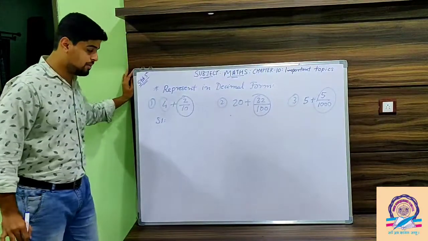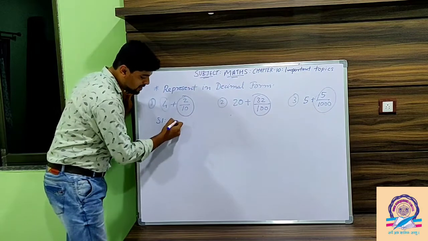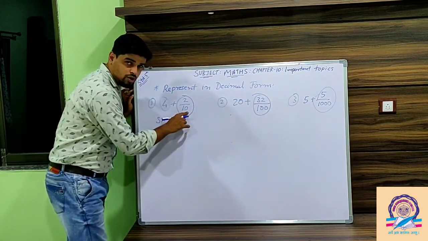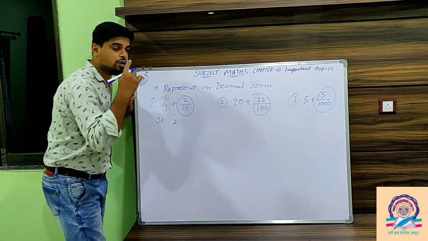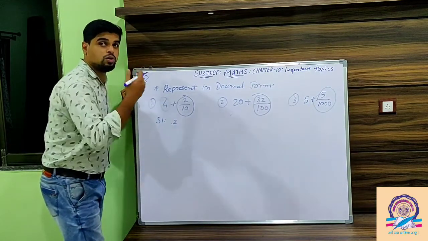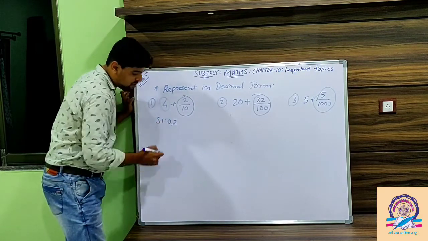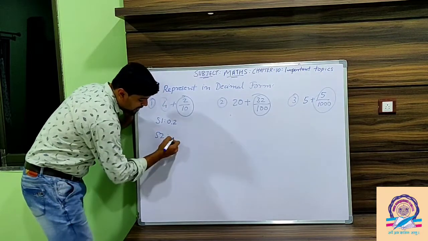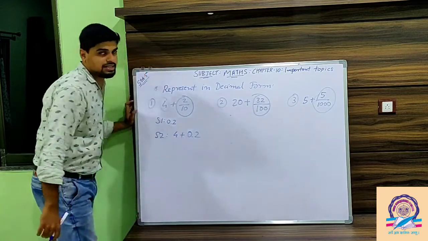in decimal form. So what is the decimal form of 2 by 10? Write the numerator as it is, count the number of 0s. 1 zero is there, so we put the decimal before 1 digit. That 1 digit is 2. No digit is before the decimal point, so we put 0. Okay, now in step 2 you have to add the whole number with this decimal.